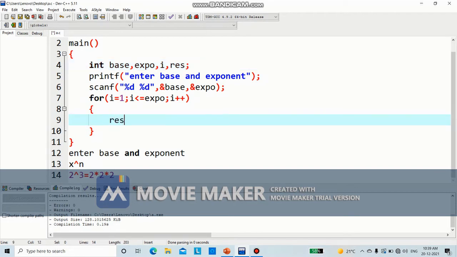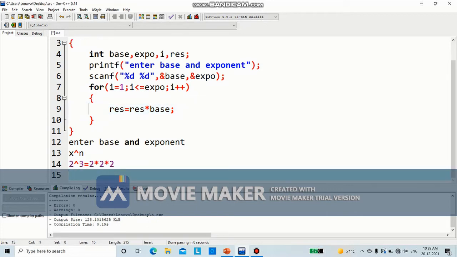So result is equal to base when the loop is running for the first time. When it runs the second time, it should be the previous value of the result into base. So we have to give result into base.